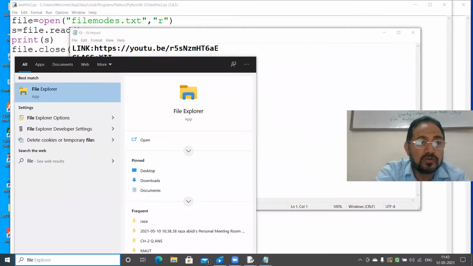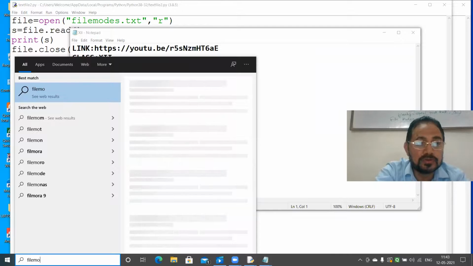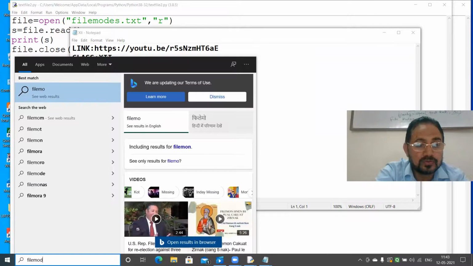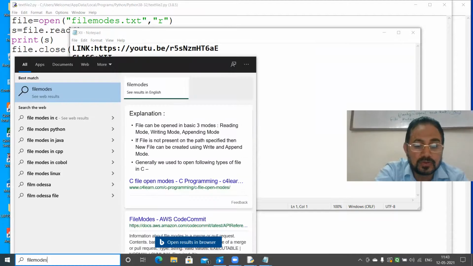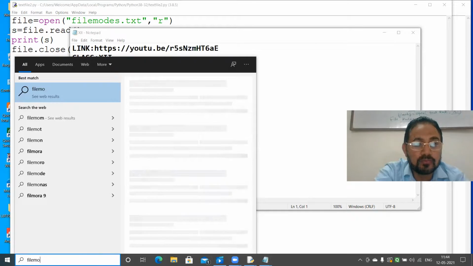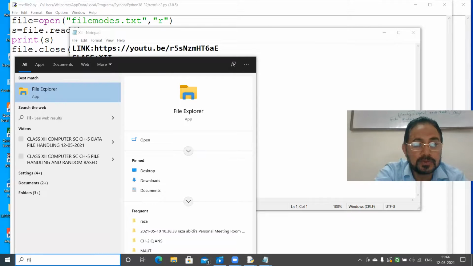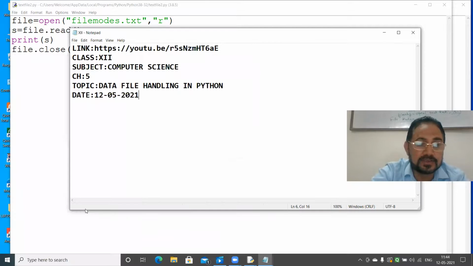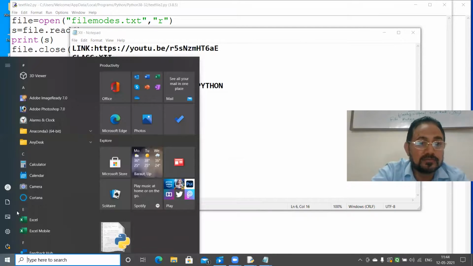File modes.txt. Documents. Recently I have saved. Just see, I will check it somewhere here. I have just saved recently.